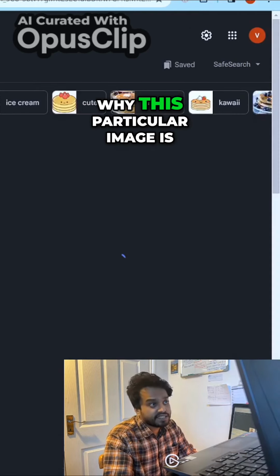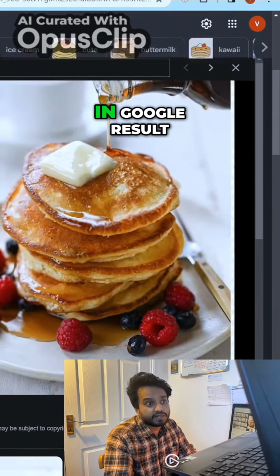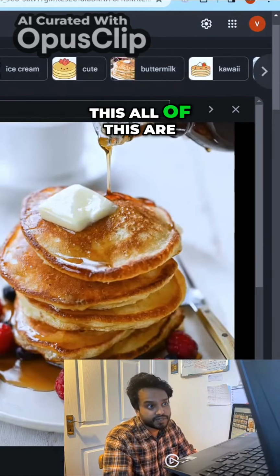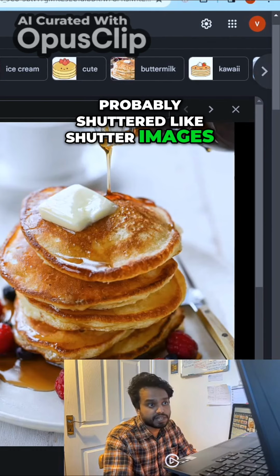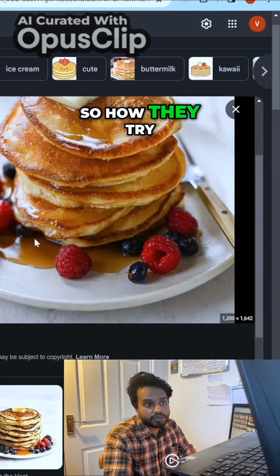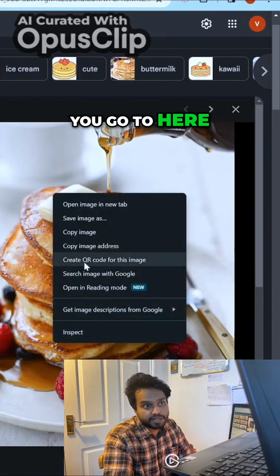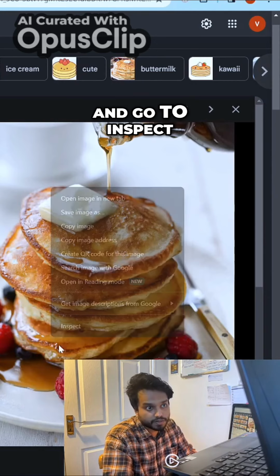Now the reason why this particular image is being displayed here in the Google result, all of these are probably Shutterstock images or copyright images. They're trying to sell this image. So how they try to rank up is, if you go to here and go to inspect,